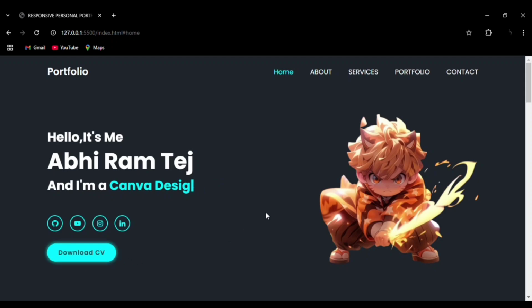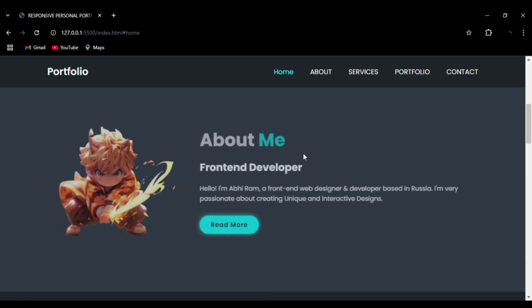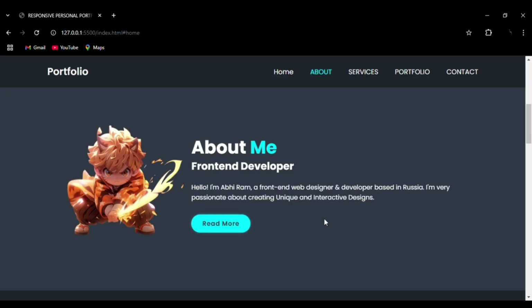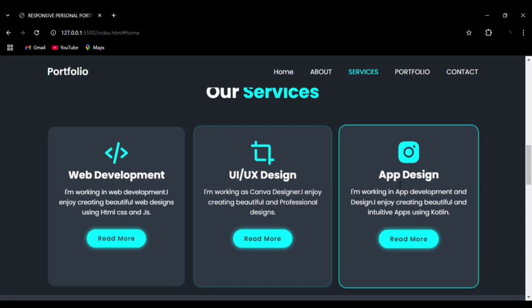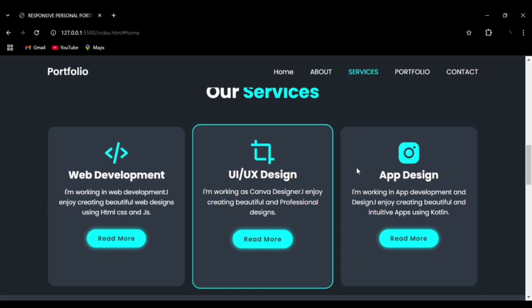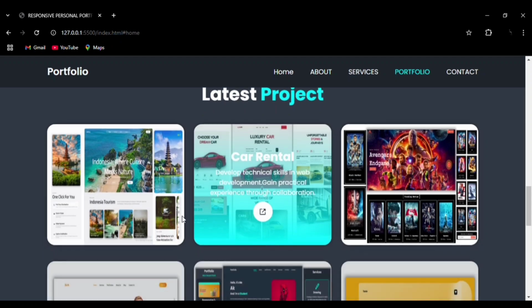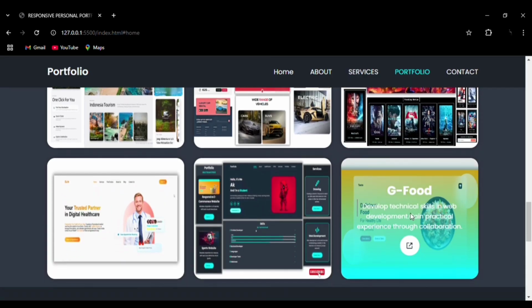And as we move from one section to another section, you can see the transition effect that is done by a JavaScript library. And then we can go to the next section, our service section. You can see the hover effect, the 3D box effect to it, and we have integrated the icons also, and the read more button. You can see the hover effect, very smooth transition, and you can see the hover effect on the projects with what project that is, and small information, and with an external link, the demo link that we have added, and icon. You can see the very smooth transition,